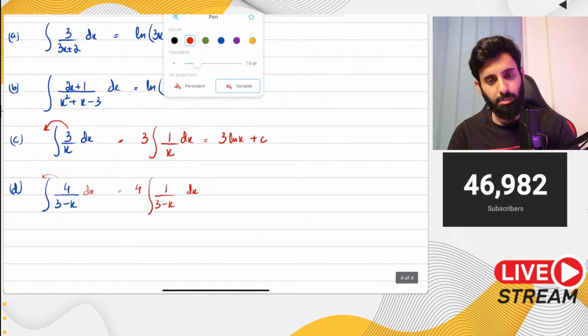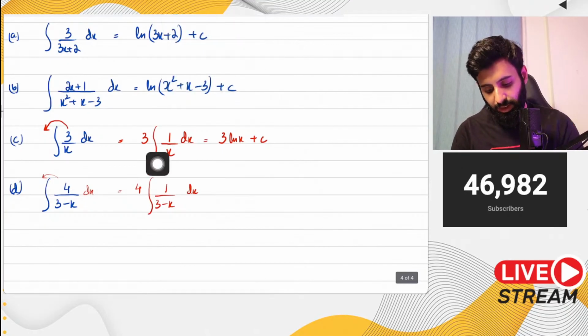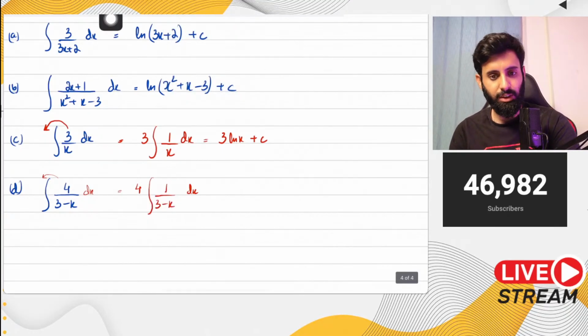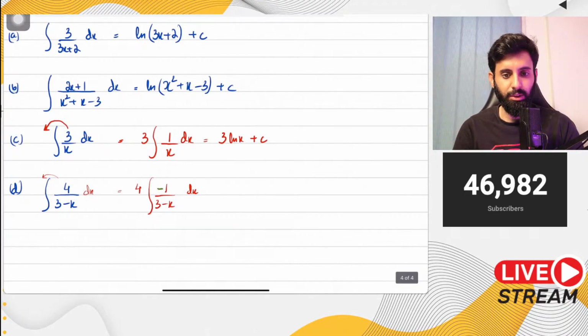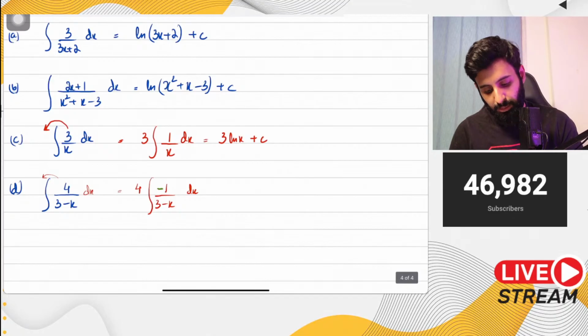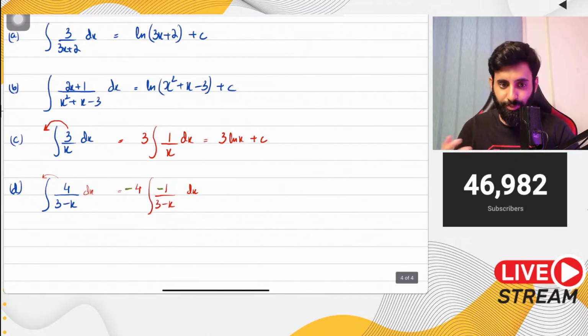Here we have a plus 1. So how will I make sure that the numerator is exactly equal to the differential of the denominator? For that, what I need to do is put a minus sign over here. And if I put a minus sign over here, then I can't just leave it at that. I need to put a minus sign over here as well, so that the effect